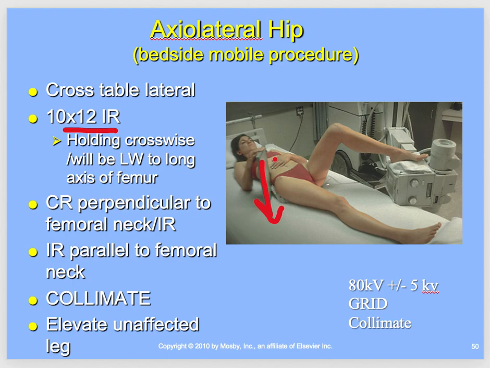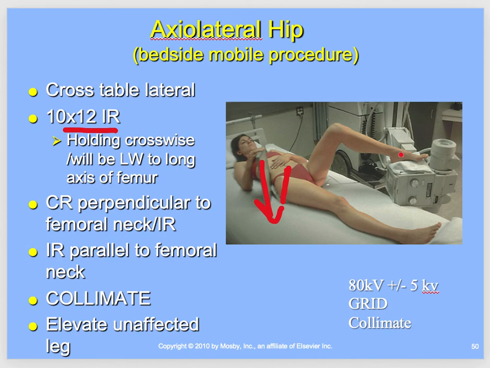Okay, so you're trying to put it long axis, and the long axis that we're looking at is the long axis of that femoral neck. So the cassette here and then the femoral neck this way, so you want to run it parallel with that femoral neck. So the central ray is perpendicular to the femoral neck, image receptor parallel to femoral neck, collimate, evaluate